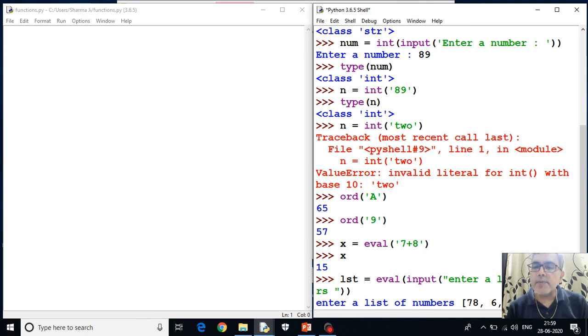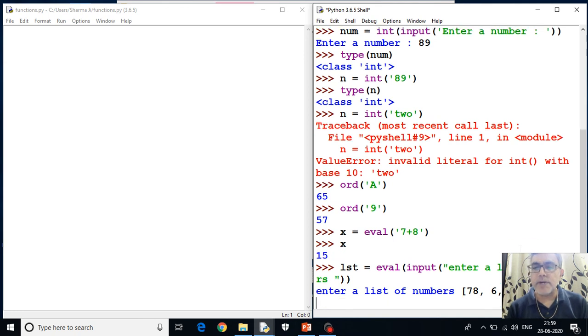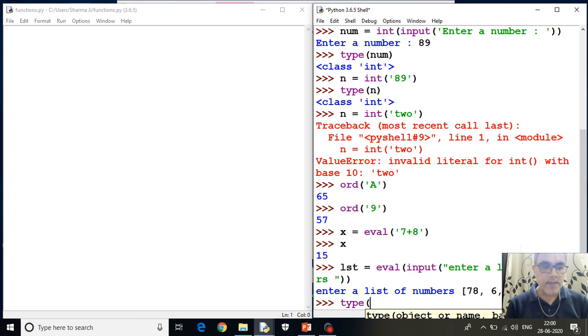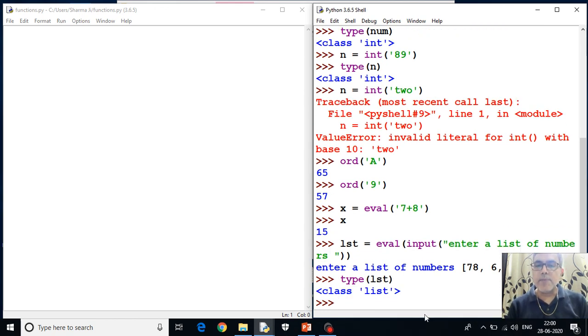If you give a curly bracket here, this input will be treated as a dictionary. If you give a round bracket here, this input will be treated as a tuple. Now let us see what is the type of lst. See, the type of lst is list.